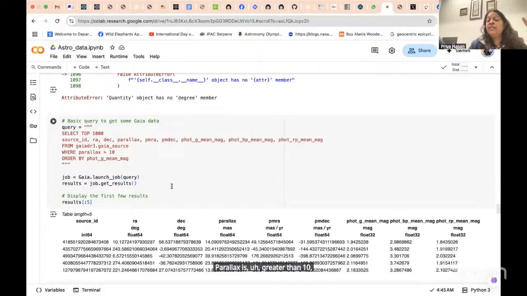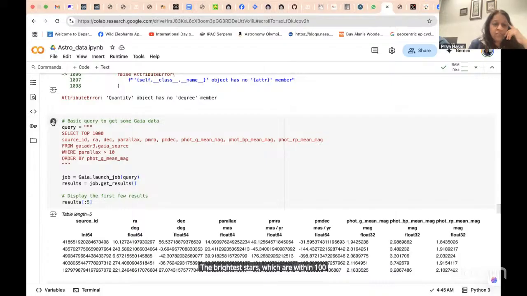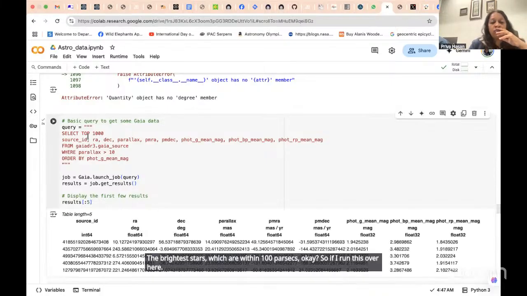So in Gaia, the parallax is basically in milliarcseconds. So distance is 1 upon parallax, so it becomes 1 upon 10, but 10 is multiplied by 10 power minus 3. Right? And therefore it becomes 1,000 divided by 10, which is 100. That means here we are looking at the brightest stars which are within 100 parsecs. Okay, so if I run this query, it's getting me the brightest stars with a